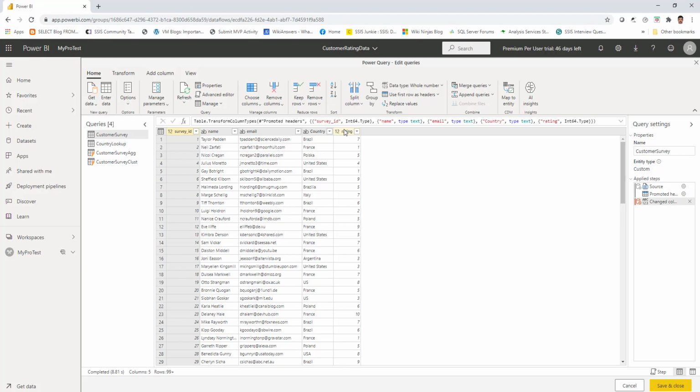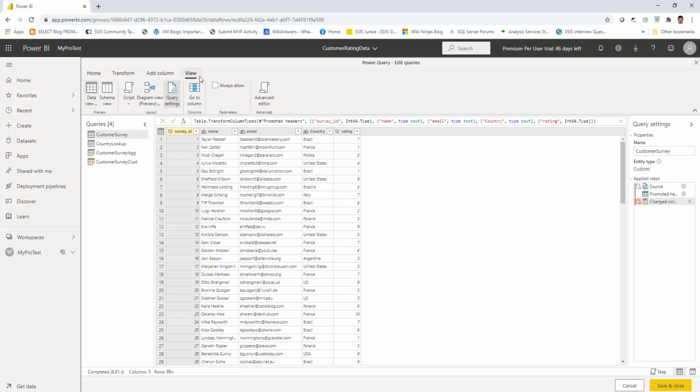Now if you see, there is a tab called the view tab on top of that menu. If you click on that, you can go inside the view tab and you can see so many options inside that. Some of these options were released as a part of the latest enhancements. For example, the main one that we will be discussing here is called the diagram view. This is a very useful feature that has been added as a result of lots of requests raised by the developers. This diagram view will make our life much easier.